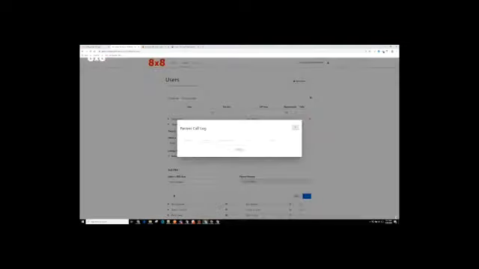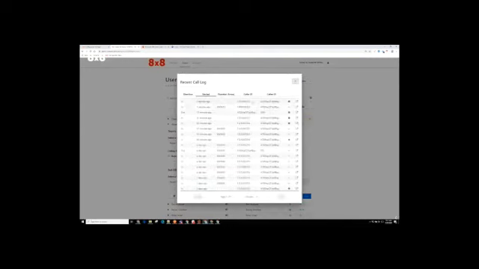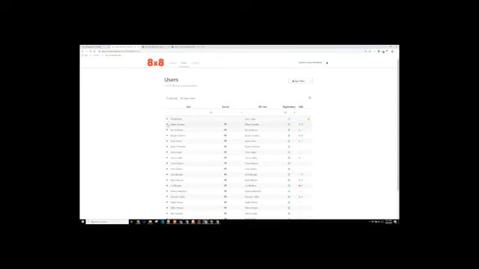We've pulled the phone number and the other particulars from 8x8 into the orchestration layer. And we can also see here for this user, is the orchestration layer active? Is the user activated and registered? And we can also see here a recent call log. So I can actually go in and see a list of all the recent calls that have come and gone via the orchestration layer and the integration. So we have really good visibility here into what the status of the users are, what's mapped, is it functioning,